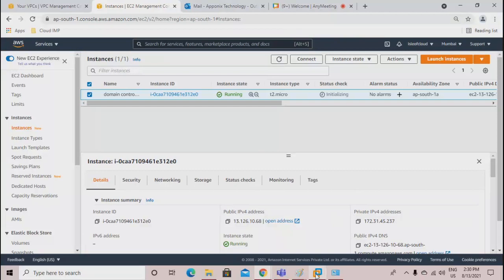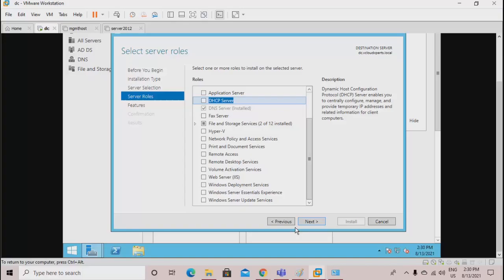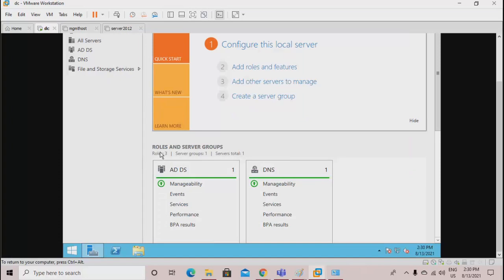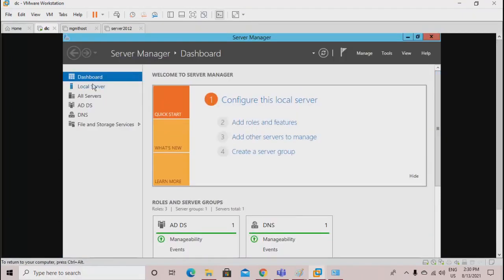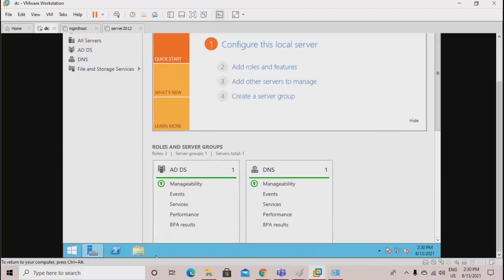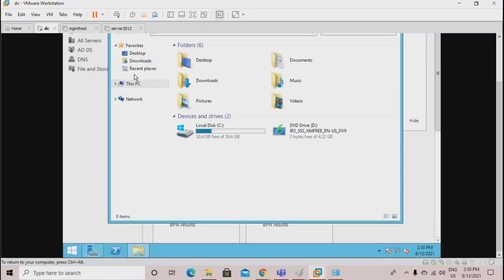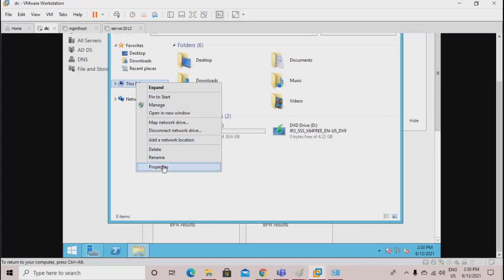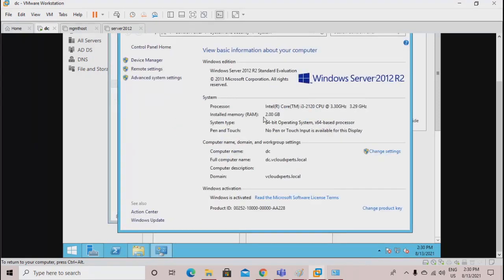So we will be able to see that when I'm checking this Windows system right now, I can see all these options: all server, ADDS, DNS. But when we access the Amazon machine, you will see, though the operating system is the same 2019, it will not show all these options. So before that, I can show you the operating system here, the details. So it is Windows Server 2012. We are creating Windows Server 2019. And you see here, it is not showing workgroup. It is showing you something that is domain.